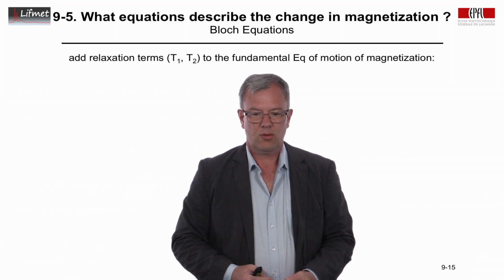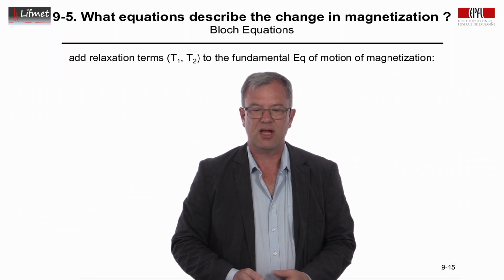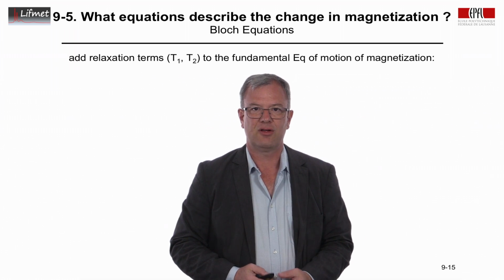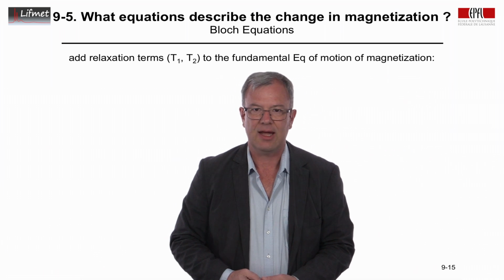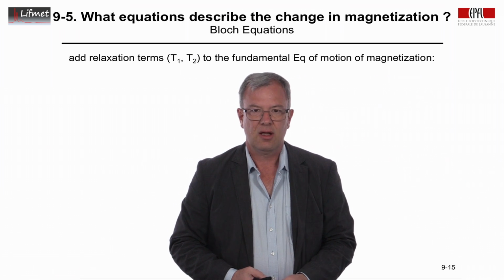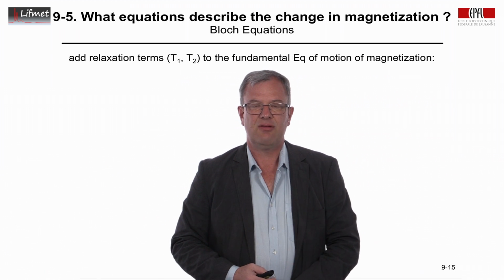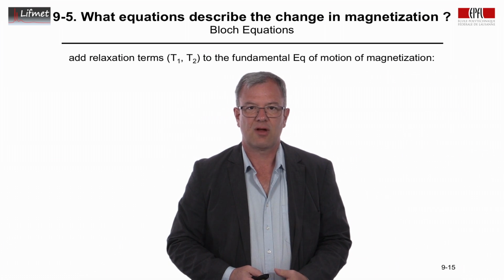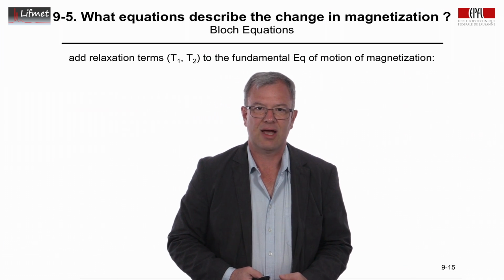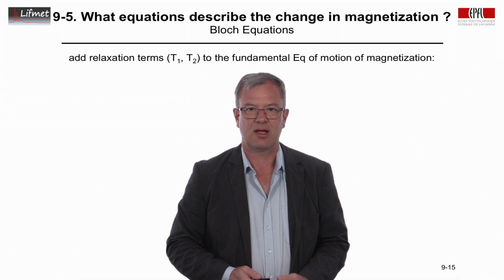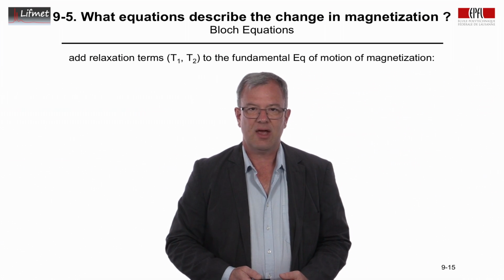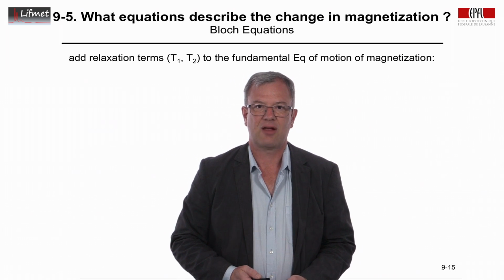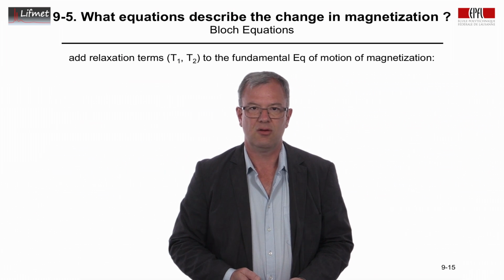So now we will look at a description of the changes in magnetization, and this will bring us to a full description of the changes in the longitudinal and transverse components. What we have to do, we have already seen in the previous lectures, in the previous weeks, the Larmor equation, which describes the precession of magnetization around either a static magnetic field or a rotating magnetic field like the B1. Now what we have to do here is we just have to add the terms in the